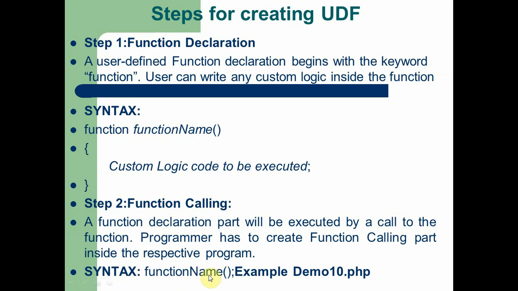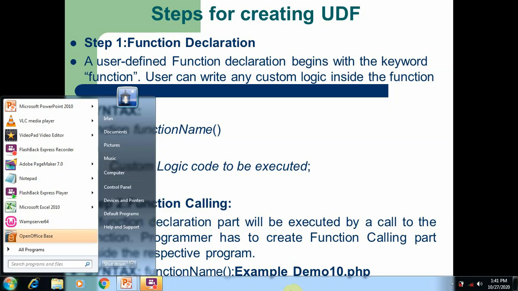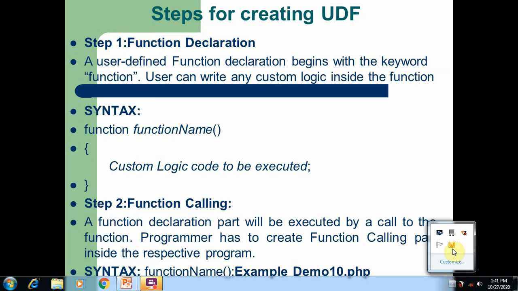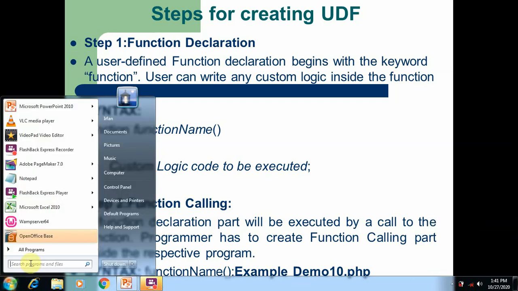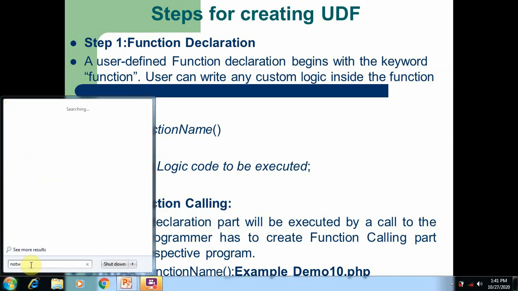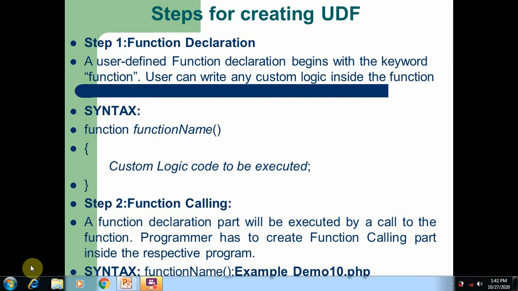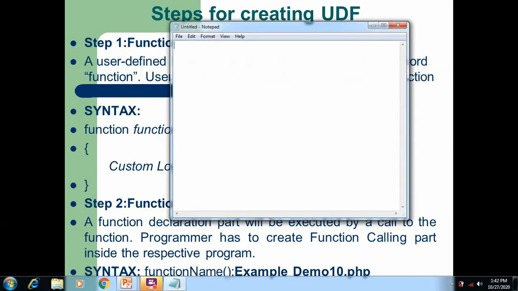So here we are going to understand how to declare a function and how to call a function using the demo10 PHP file. This file is already created and stored in the system. Now we are going to open the WAMP server and open the demo10 PHP file and try to understand the program. After that, we will open the server side to see the output. So first we open the source code in Notepad, where we created the demo10.php file.